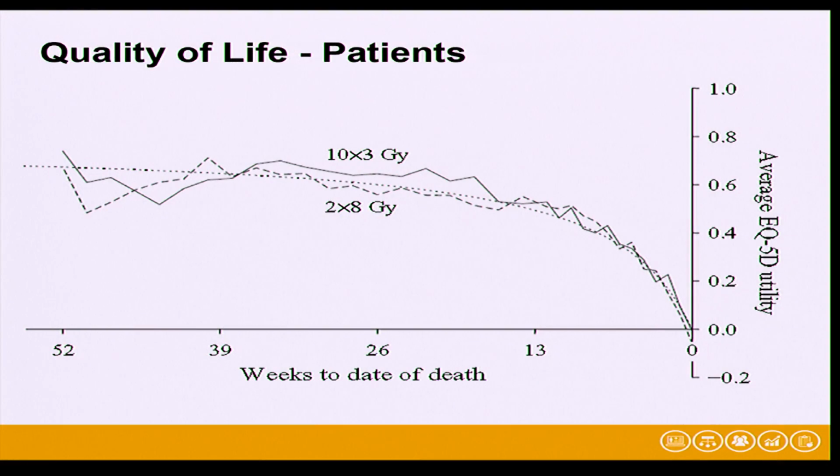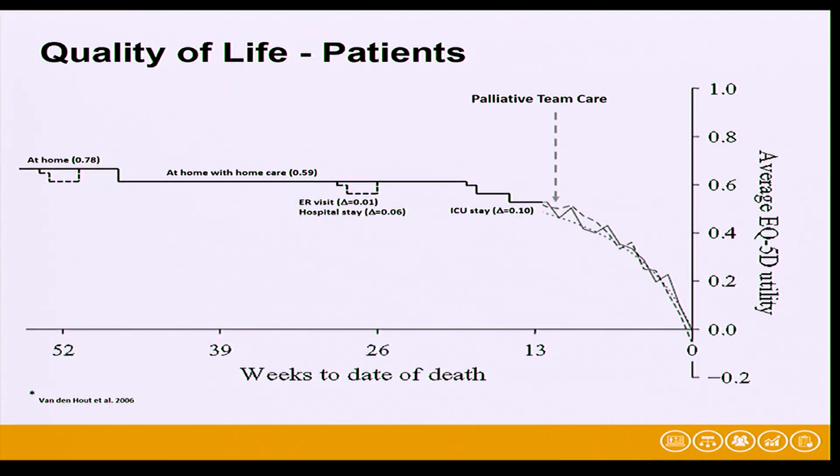We estimated the benefits by mainly looking at the impact of the intervention on quality of life. It was not our hypothesis that models of end-of-life care would prolong life, but the idea was that they likely would improve the quality of life. So we took data from a published study looking at utilities and how utilities change towards the end of life. And then we estimated the marginal impact of our intervention by looking at the effects on disutilities associated with visits to the ER, hospital admissions, and ICU stay.